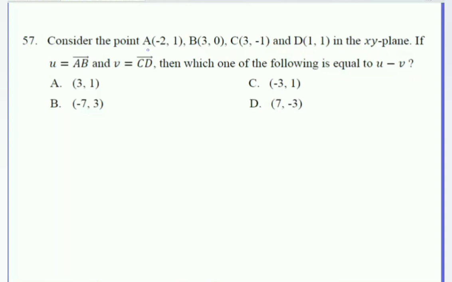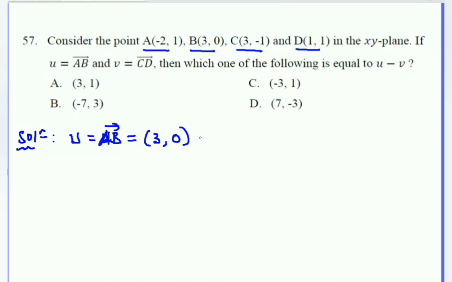Consider the points A, B, C, and D in the XY plane. If U is a vector formed by A and B, with initial point at A and terminal point at B, meaning that we subtract A from B. Always we subtract the initial from the terminal. So the vector U is 5,